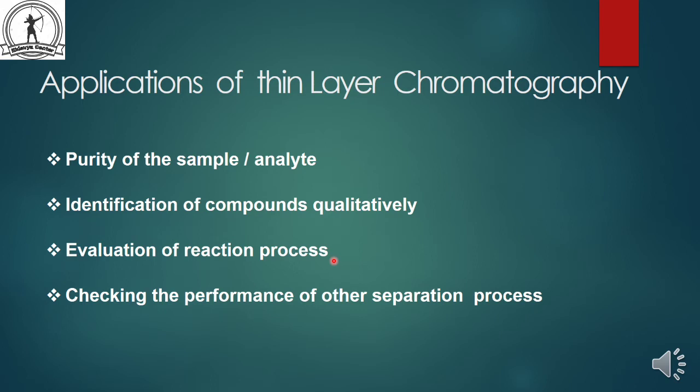So they put a spot of sample and a spot of acetanilide and allow it to run, and they compare the product and reactant spot. Sometimes in the middle of the reaction they put a spot and see the product spot and also a little dot of reactant. So we can say that the reaction is not completely done. Okay. 4. Checking the performance of other separation process. We are also checking whether the other process is running or not.